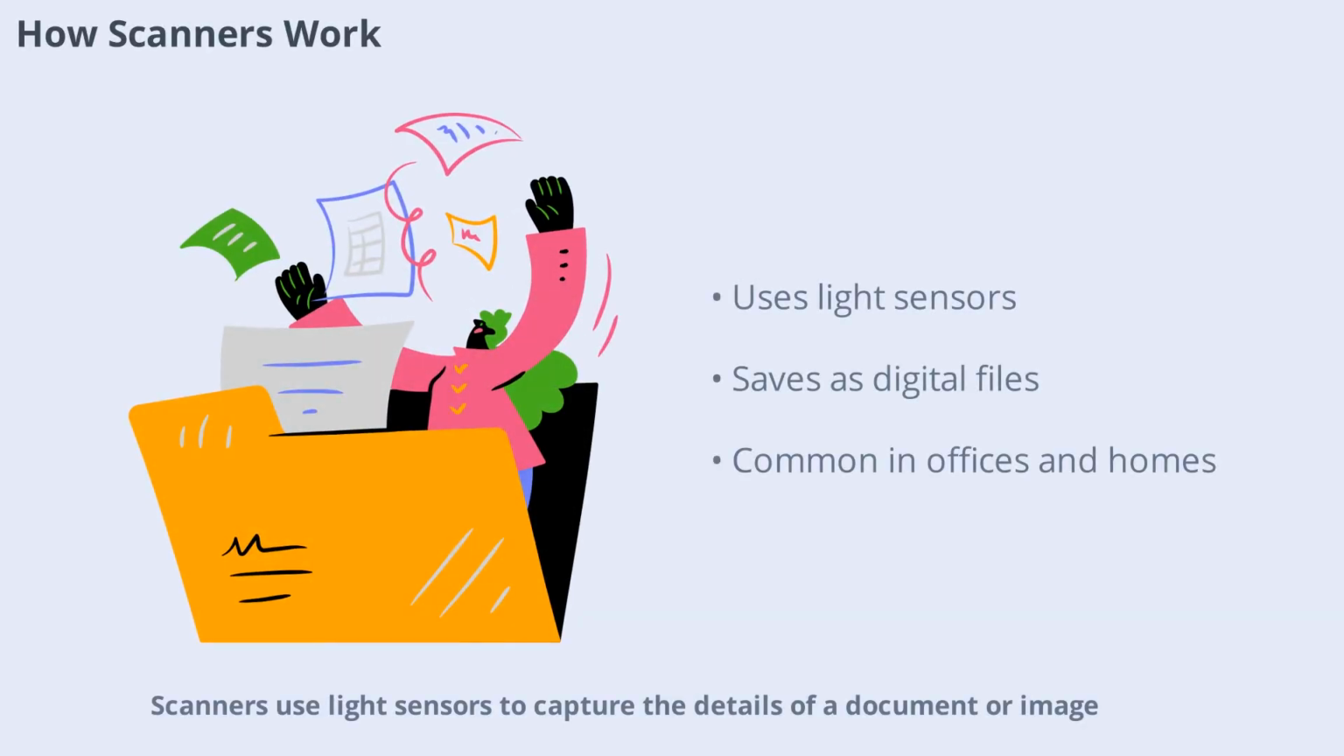Scanners use light sensors to capture the details of a document or image. The scanned data is then processed and saved as a digital file, such as a PDF or JPEG. This makes it easy to store, search, and share information without needing the original paper. Scanners are commonly used in offices, schools, and homes for a variety of tasks, from digitizing homework to preserving family